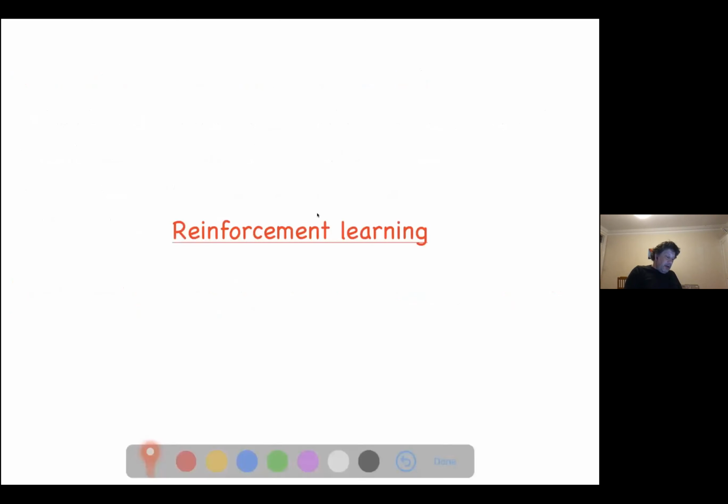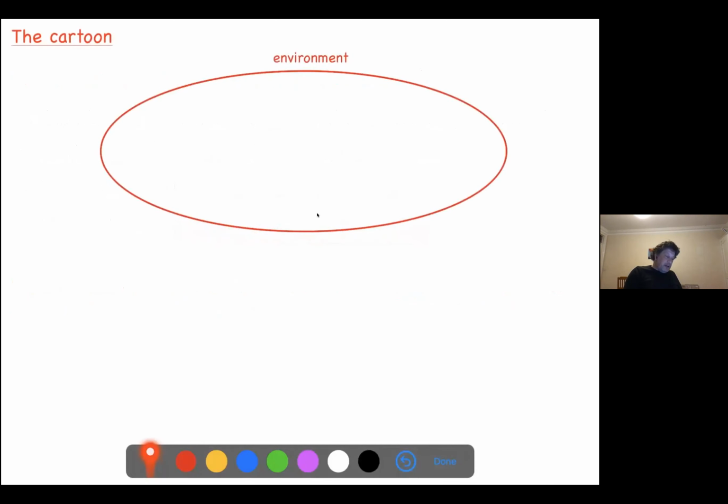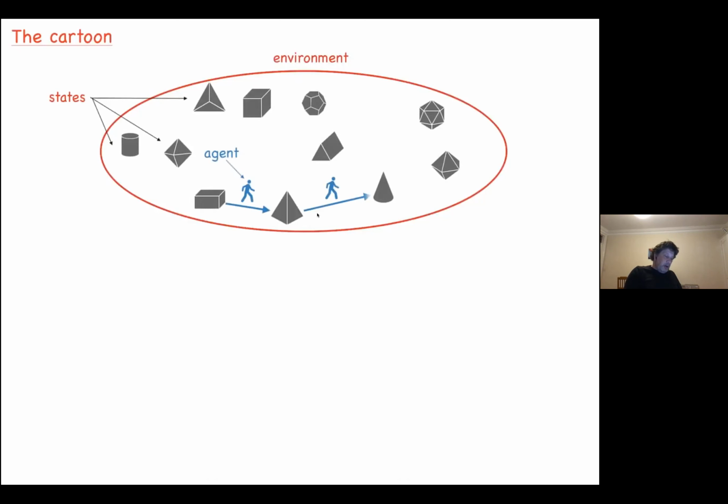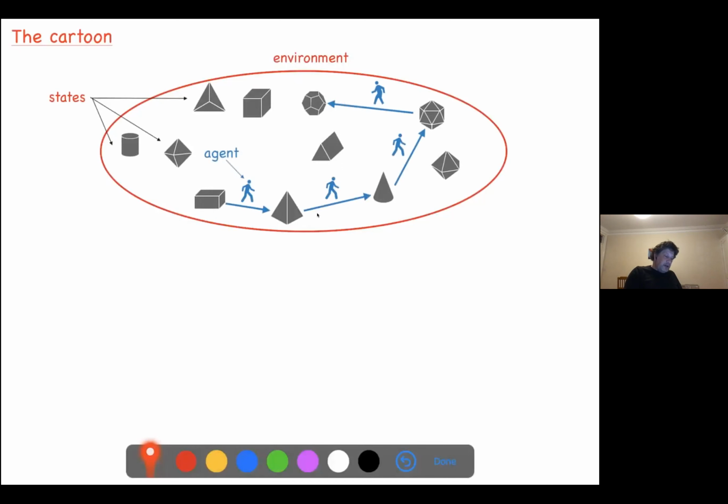Okay, so let me talk a little bit about reinforcement learning. So here's my standard slide for that. Reinforcement learning is not using any precompiled data, but is getting data from an environment which has in it a bunch of states, here these objects, and an agent is going along, exploring this environment, going from state to state. And as it does, the agent picks up rewards or penalties, depending on whether the state becomes better or worse according to certain goals,